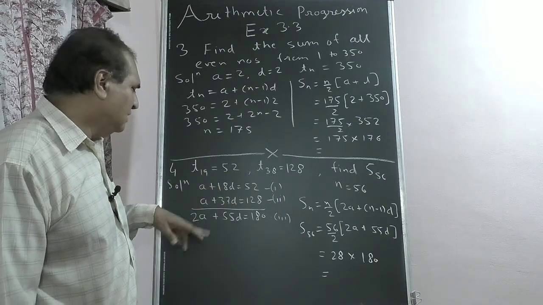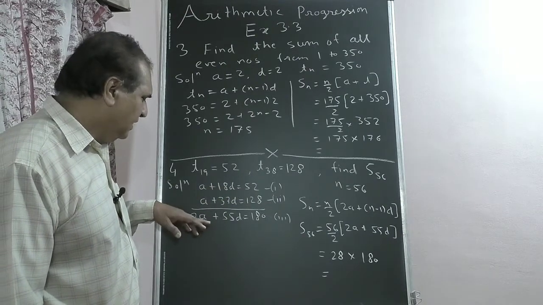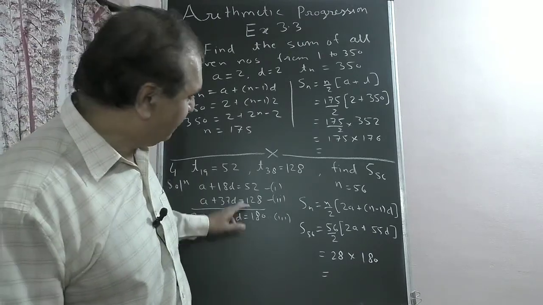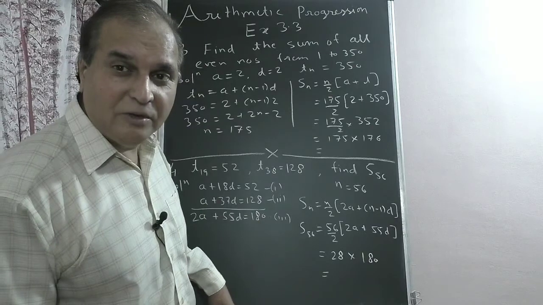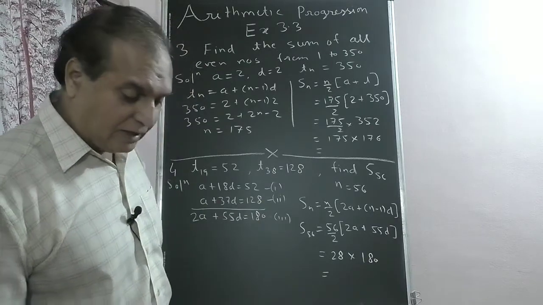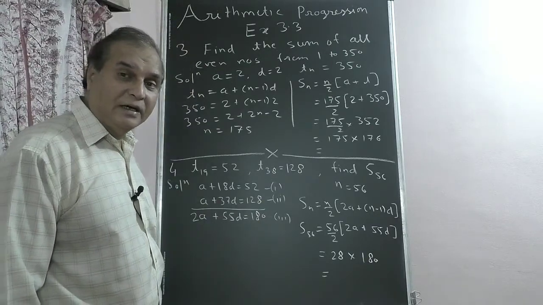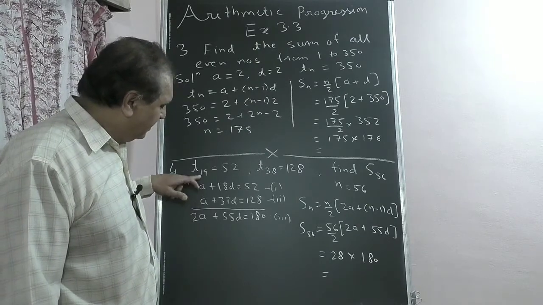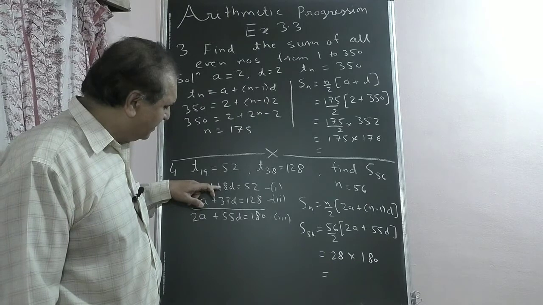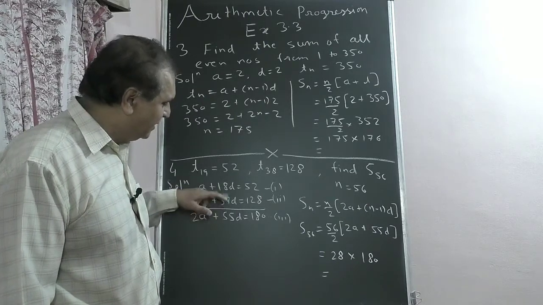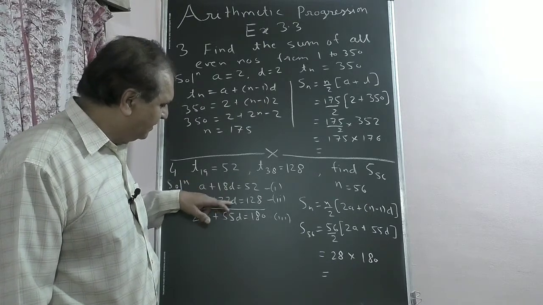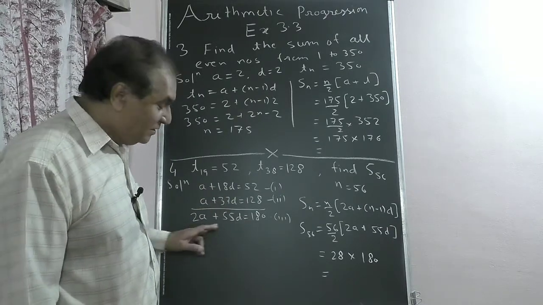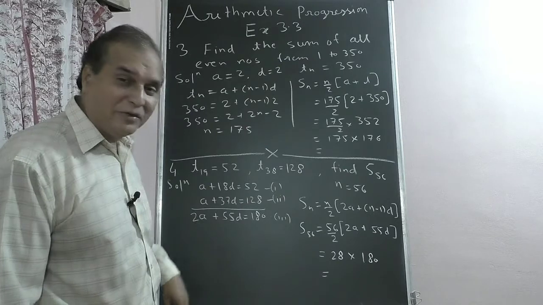128. Okay. Now see, if you solve simultaneously, you are to get fractions. Answer will be same, but job will be tedious. So such sums you can use this idea. See what the idea is: if you add them, that becomes A plus A, 2A. 18D plus 37D is 55D. 52 plus 128 is 180. Understood? What you got is 2A plus 55D.